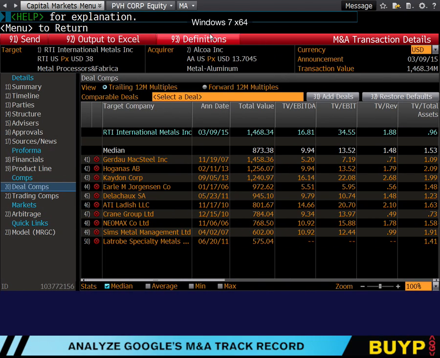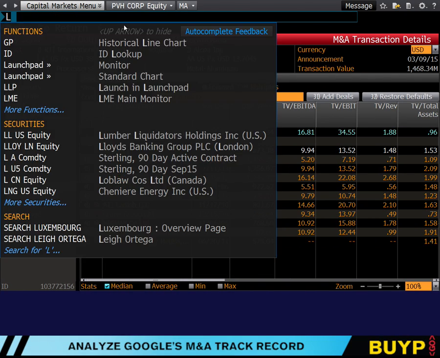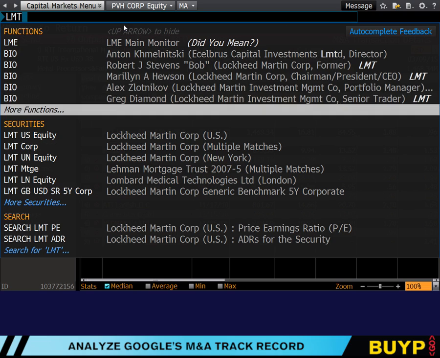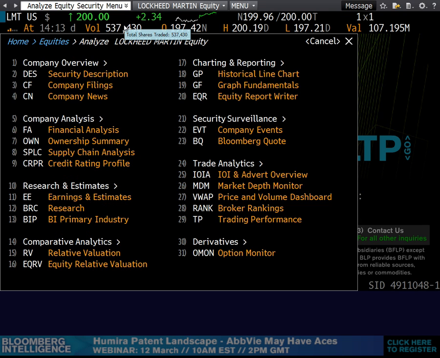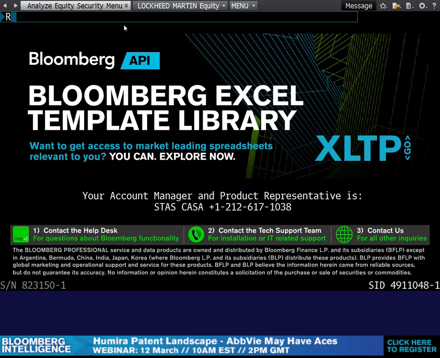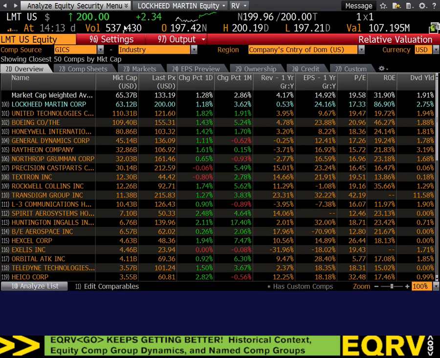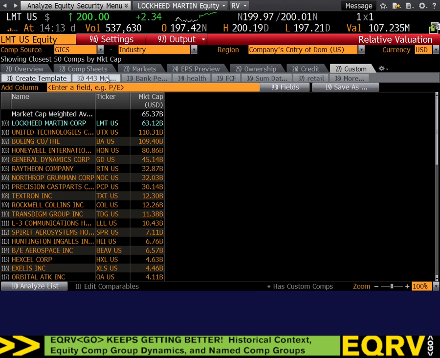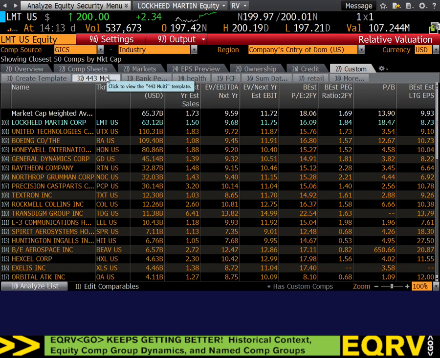In the defense and aerospace industry, if I look at a company like Lockheed Martin, and I look at their multiples, these are the multiples from class, and this is the price to book multiple of Lockheed Martin, 18.47. Most companies' price to books are going to be like 1, 2, 3. Theirs is 18.5, right? Why is it so high?